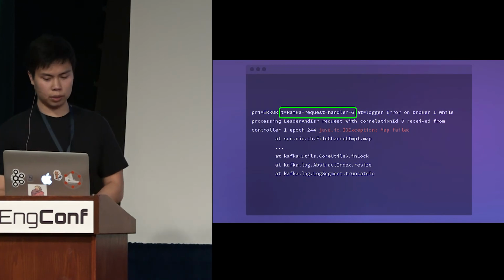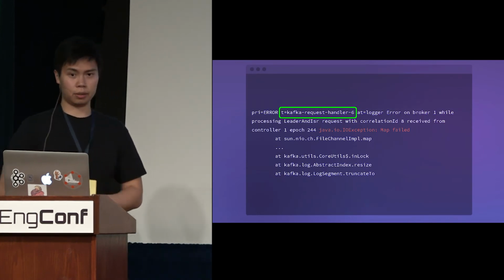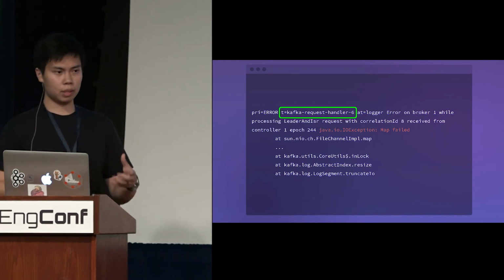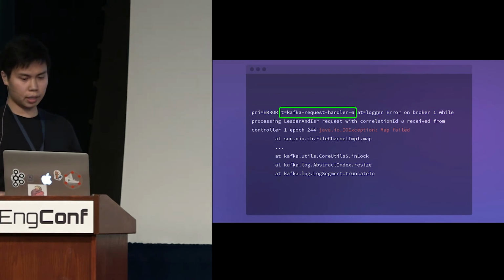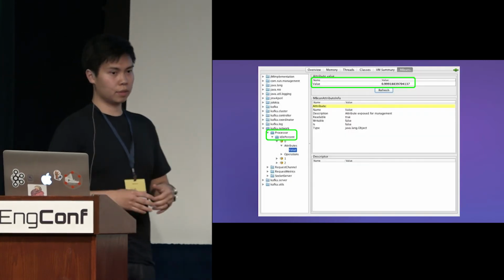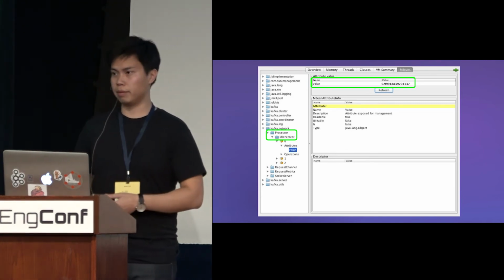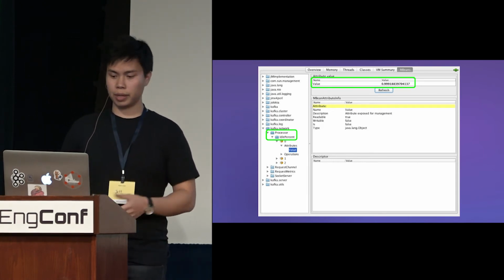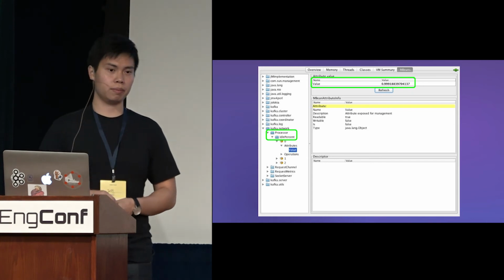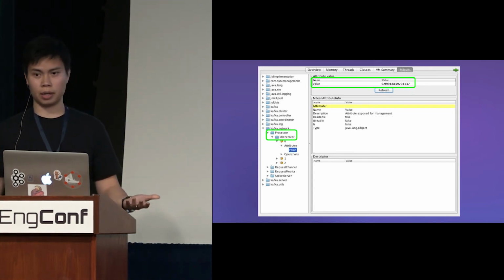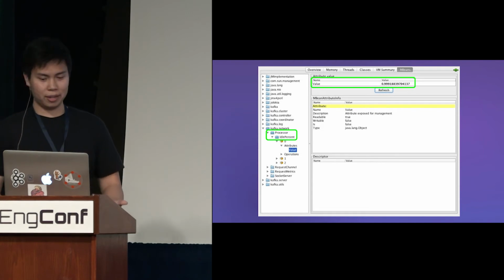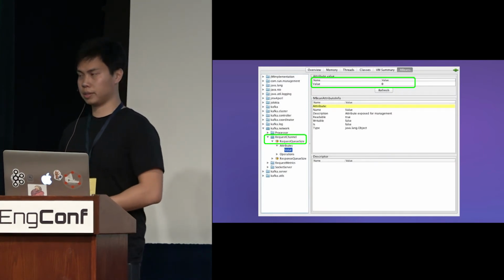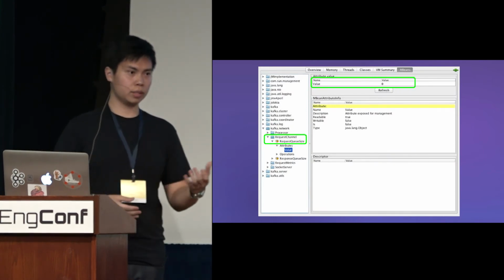If we look back at the log, we'll see that it references the request handler in one of them. So we thought, could this be an issue around the network, something around the network parts of the code? Well, to dig in, we look at Kafka's network processor threads. In our case, we have 3 of them. We're looking for the idle percentage of these threads, and if you look at the top, it was basically 100% idle everywhere. Okay, we weren't sure if this was legit, so we wanted to correlate this with some other metrics. So next we looked at the request queue size MBean.